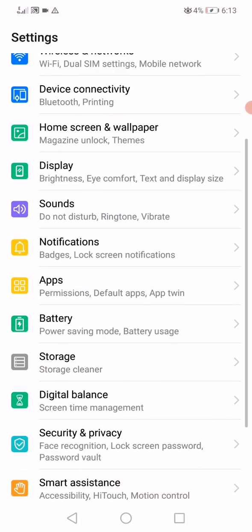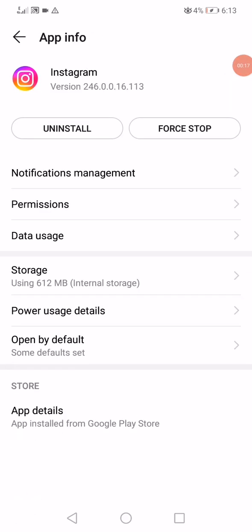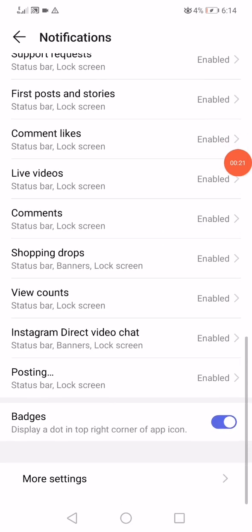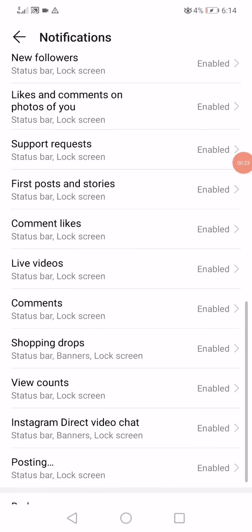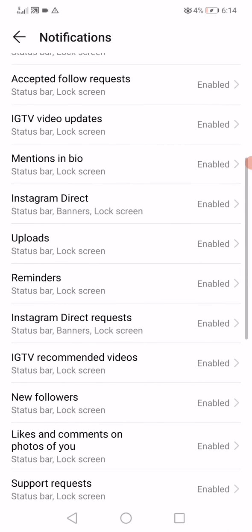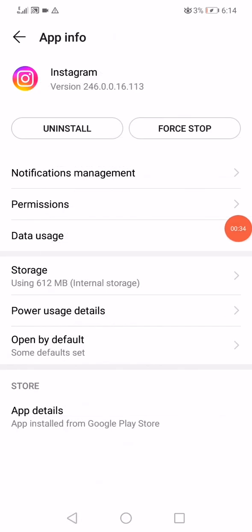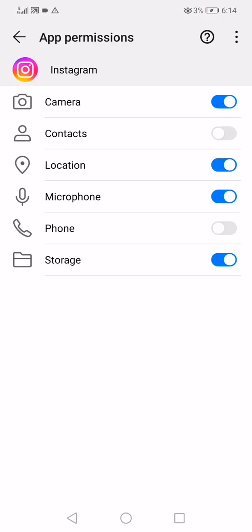First thing, open the settings on your phone, go to the apps manager, go to the apps, go to the Instagram app, and then go to the notifications management. Scroll down, make sure that all the notifications are enabled, especially the notifications of the Instagram direct, as you can see. And then go back, go to the permissions, make sure right here that all the permissions are enabled, and